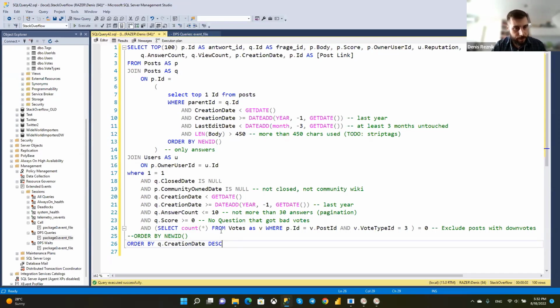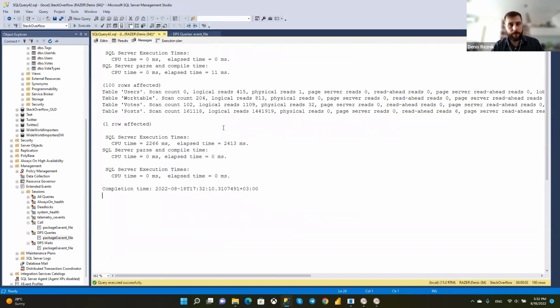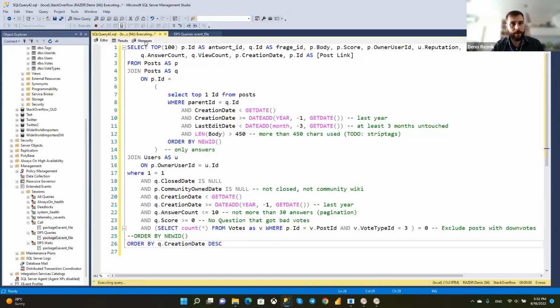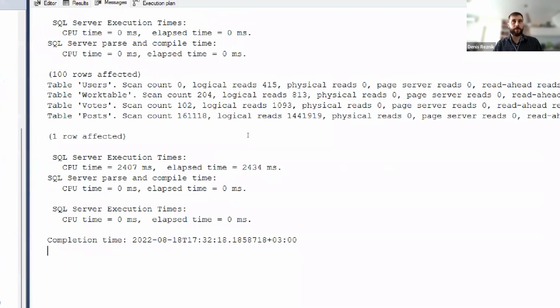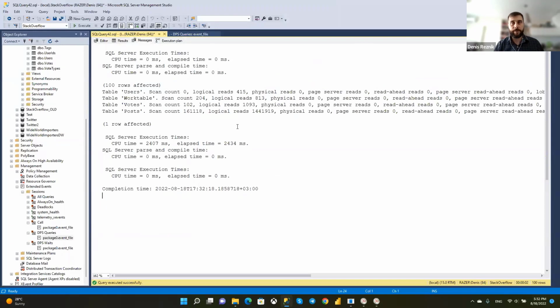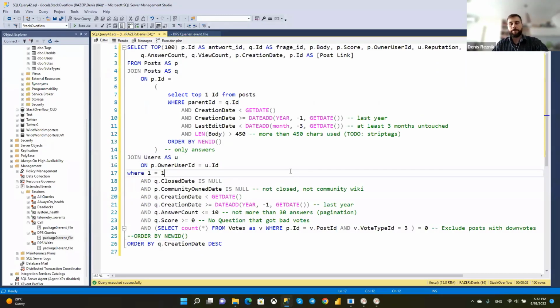And as you can guess, it's pretty fast, 2 seconds. Let me run it twice. 2 seconds. Well, it's a bit longer than 1 second without any ordering, but it will give you new results when data is added to the table, and this might be a good alternative. So my point here is to combine all the methods you use, all the tools you know, and bring your creativity.